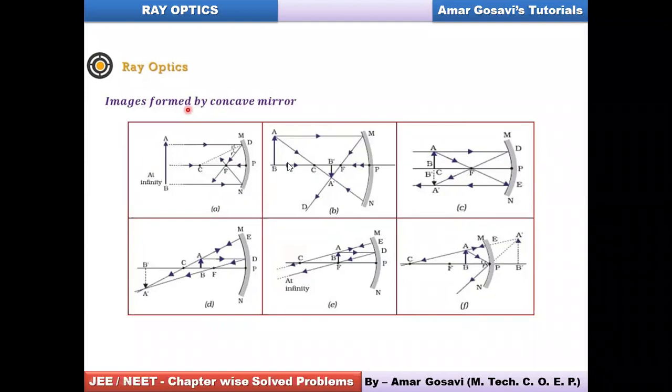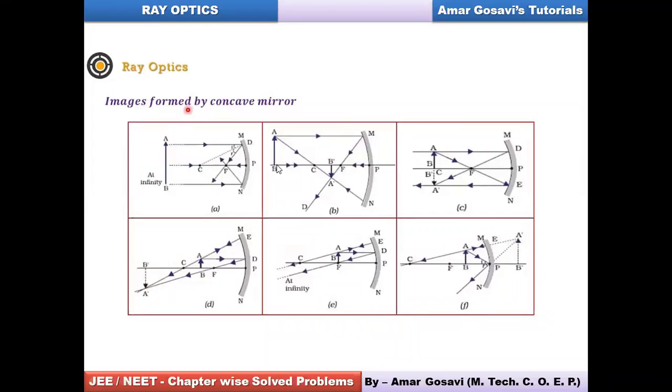Now let's say the object is on the left hand side of the mirror, you can see. The first ray would move parallel to the principal axis, and after hitting the mirror, it will get reflected and it will move through focus like this. The second ray will directly move through the center of curvature without deviation, you can see. But then where these two rays meet, that's the point where the image is formed. So you can see the image is formed between center of curvature and focus if the object is placed beyond center of curvature.